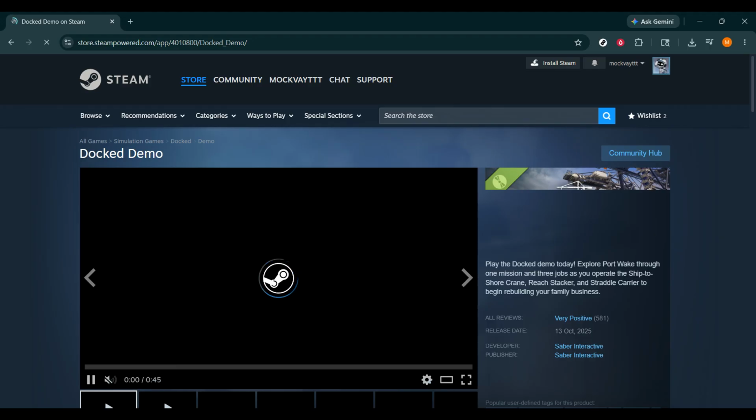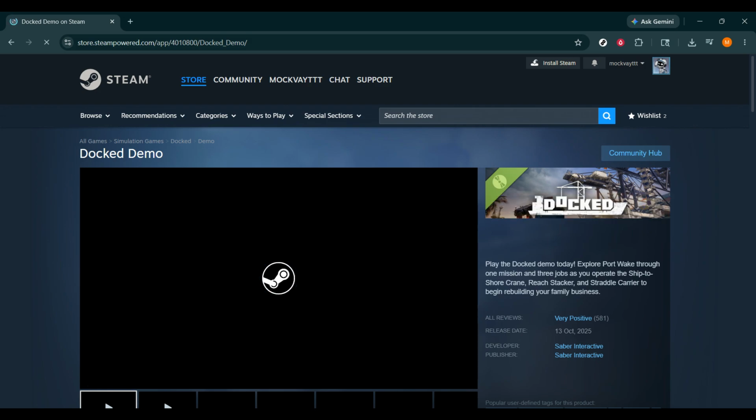And that's it. Now you know how to browse Steam demos the fast and easy way. Open Steam Store, hover over Special Sections, click Demos, then scroll through the available trials and open any demo that